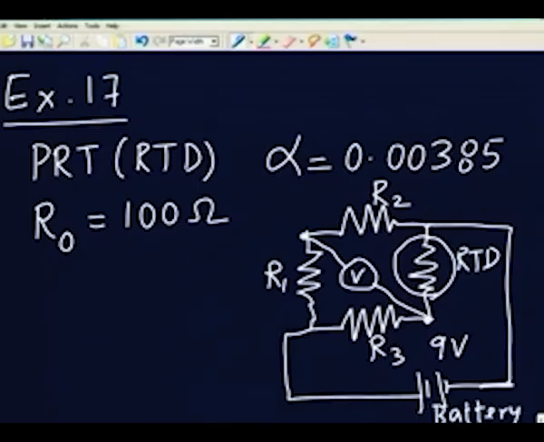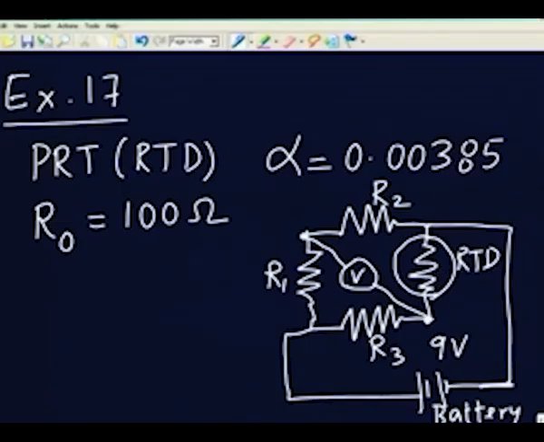and you will notice that we can adjust such that it will be in balance under some particular condition, and then when it goes out of balance there will be a potential difference across these two terminals here, and that will be because of the change in the resistance of the RTD with temperature. The other resistances remain fixed at the same value, and therefore, this change in the resistance of the RTD manifests as a